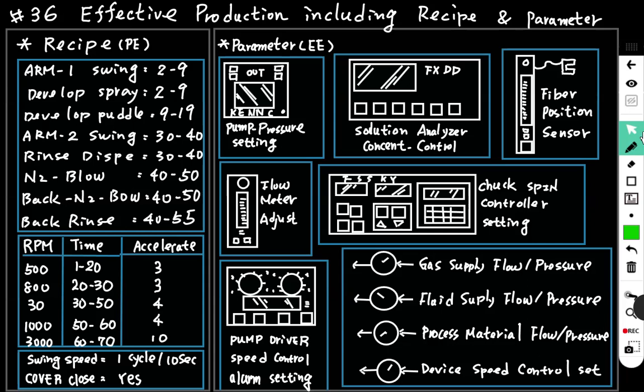Normally, the recipe setting items are, for example, just like this. This is the develop. Now, when we talk about it at the senior level part,